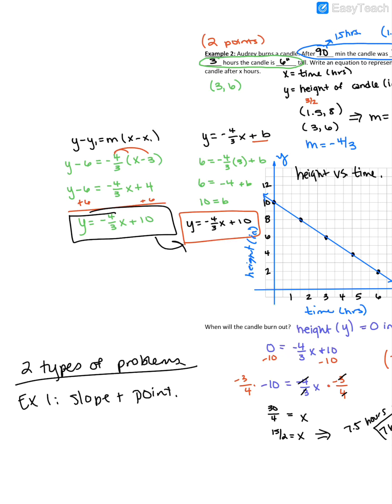Our point in example 1 on this set of notes was (0, 0). It was the origin, but it doesn't have to be the origin. In example 2, it gave us 2 points. So when you are reading your problems on your assignment, you need to ask, is it giving me 2 points, or is it giving me a slope? And if it's giving you a slope, there's got to be another point in there it gave you. So hopefully that will help, and have a good